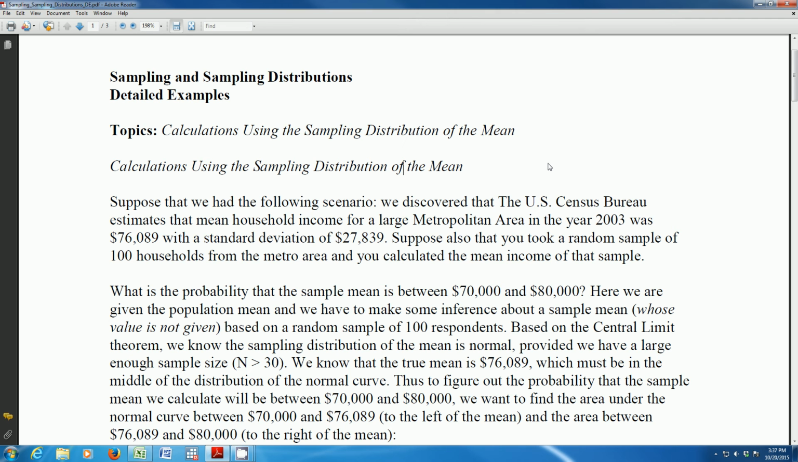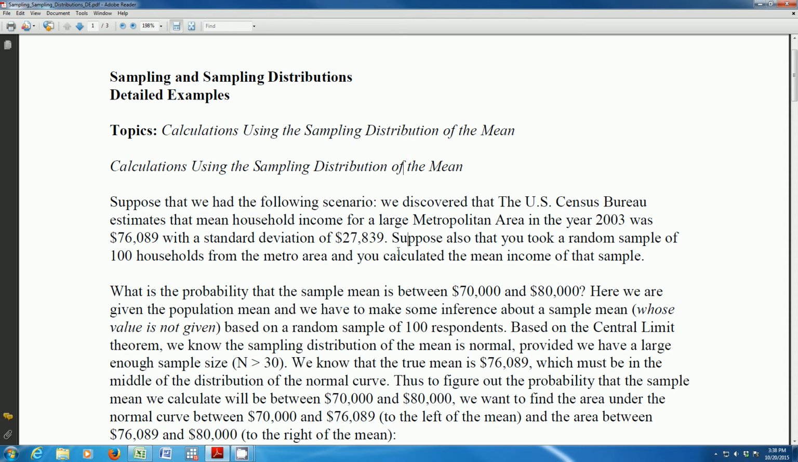Okay, in this T2 example, we're going to look at how to use a sampling distribution to do some calculations. Suppose we use some U.S. Census Bureau data on household income from a large metropolitan statistical area in the year 2003. And suppose we discover that the household income on average for the entire metropolitan area, let's assume that's the population, was $76,089